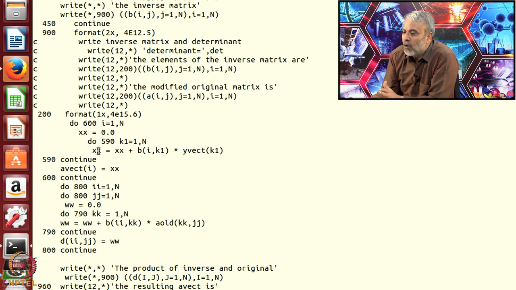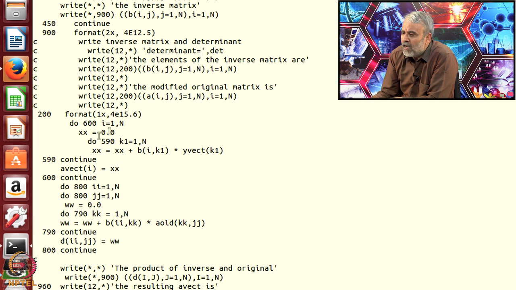Xs is my A naught, A1, A2, A3. What I am doing through these loops, 590 loop, is just multiplying a column vector y by the inverse of that matrix. So, B is A inverse, and A inverse into y is my x. So, that is my x.